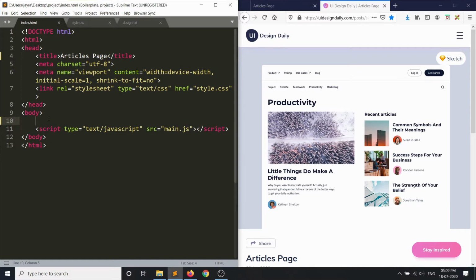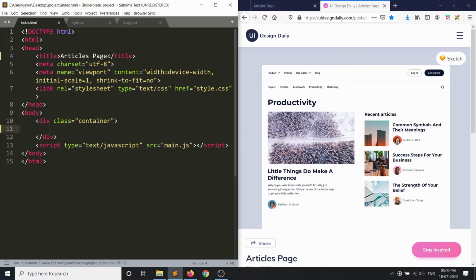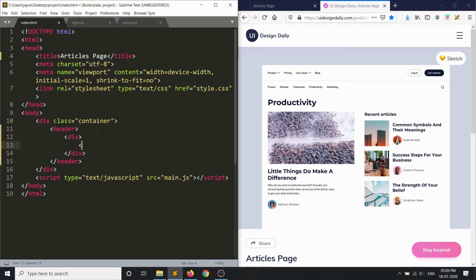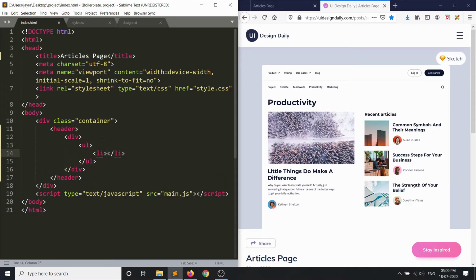So first thing you will notice is everything is placed inside a container. So let's create the div tag. Let's get a class of container. Okay, and inside that let's create our header first. So we have some part of the header on the left and some part on the right. So for that, let's create two div tags. Okay, and inside that let's create our unordered list. Inside that our list elements and anchor